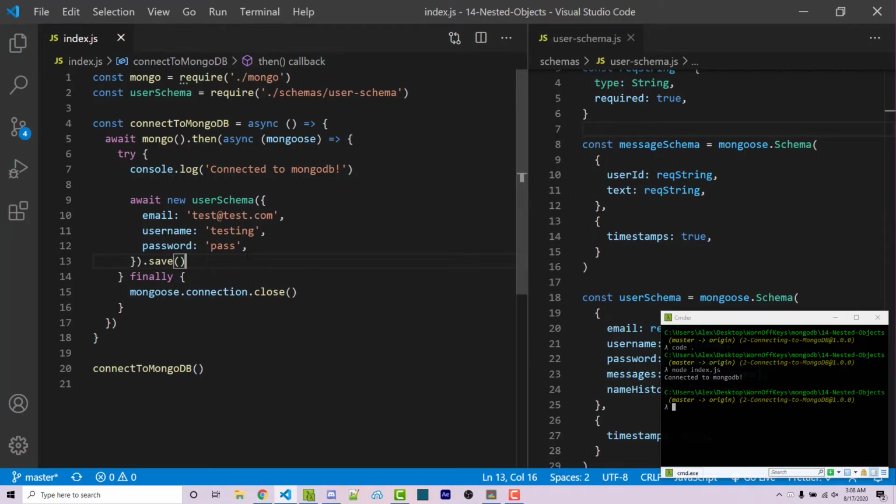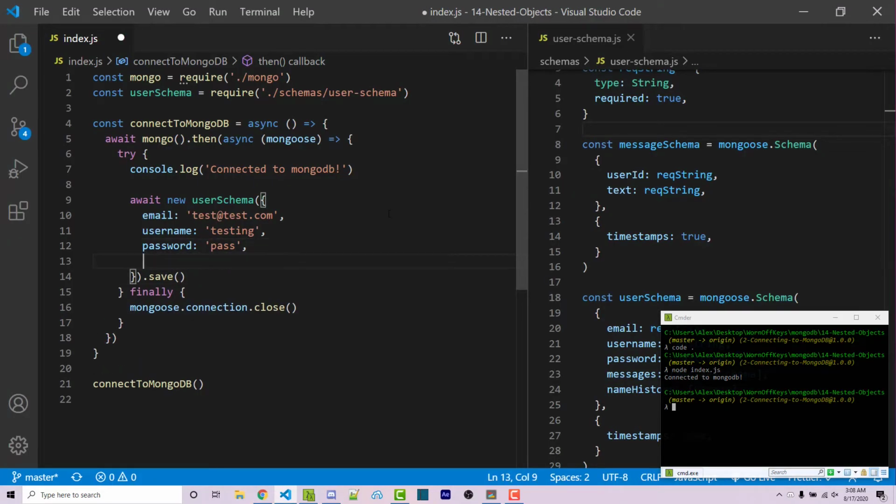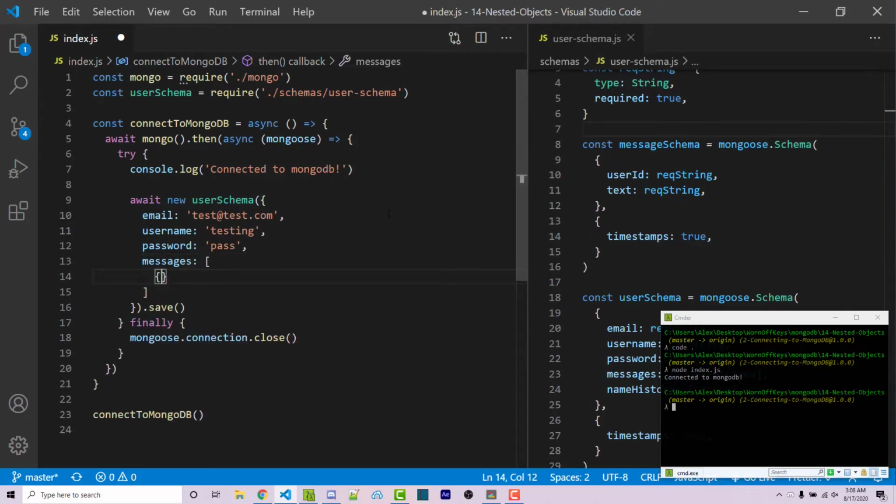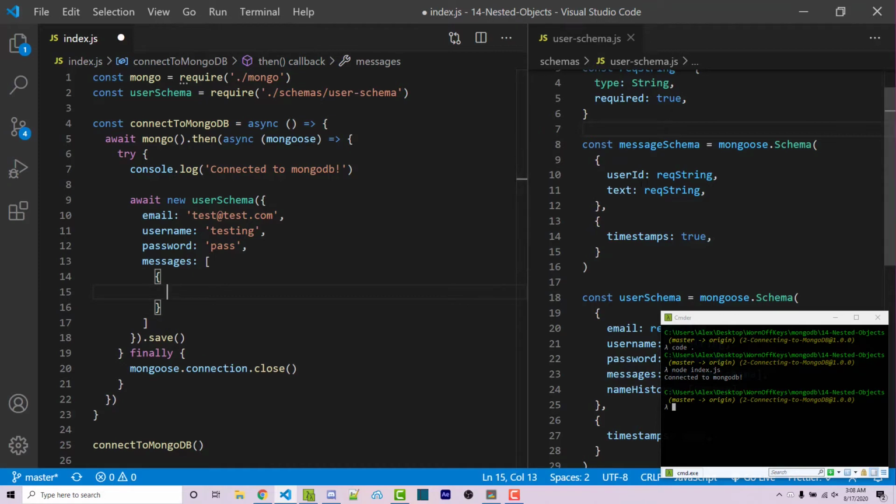Now let's say I go back into here and I wanted to create a messages object here. So we can say messages, and this is going to be an array. And inside, we're going to have a message schema similar to this. So just for testing, let's say I say test is true. If I save this and I run the code again,